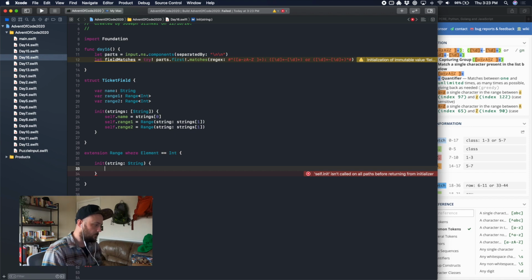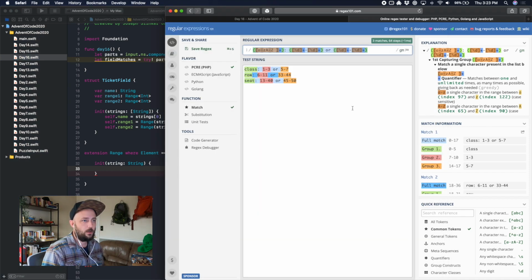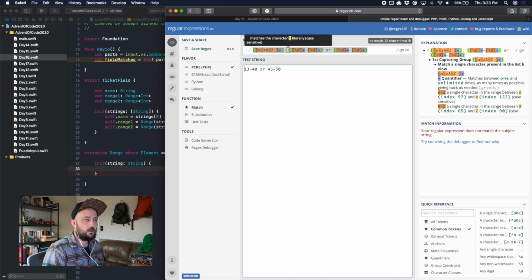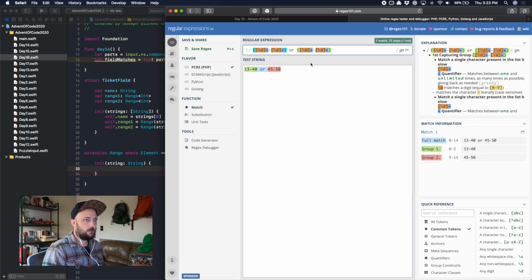Well, this parsing range is going to be a little harder. We basically need to get the 2 pieces. So let's simplify this. Let's do this one because it has multiple digits for each one, the 13 and the 40 and the 45 and the 50. Okay, so then basically what we want for this part is we want to break these into